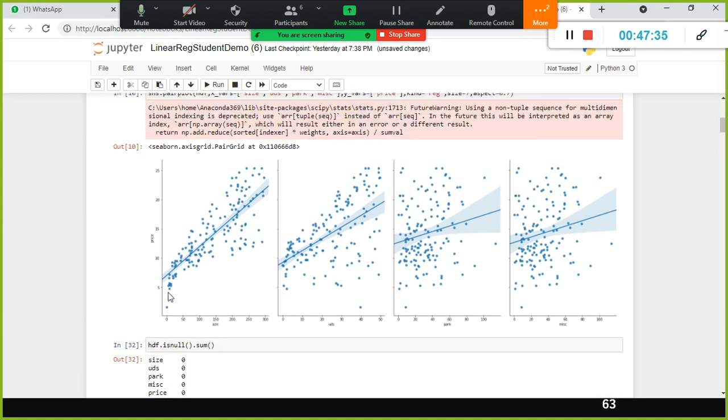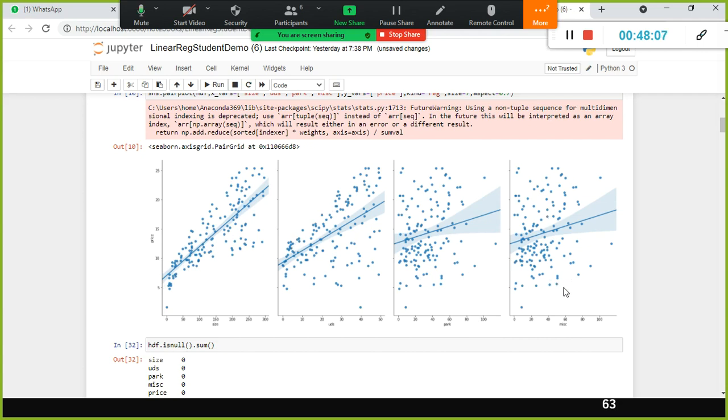Here we could see a linear trend. Here also we could see a linear trend, but it is not so linear, somewhat closer to a straight line. But it is much worse than this one. The relationship between these two is not much. The par and MISC, the relationship of these two variables with the dependent variable is not so good, and this is a decent, pretty good line.